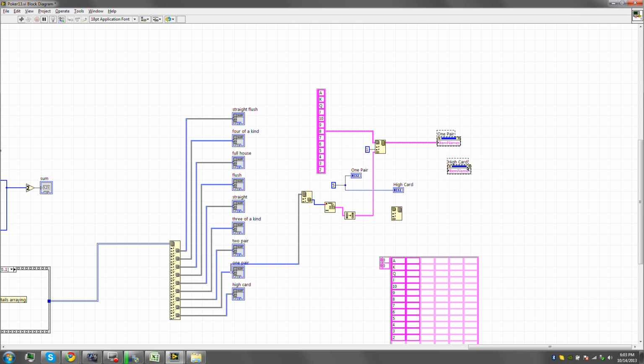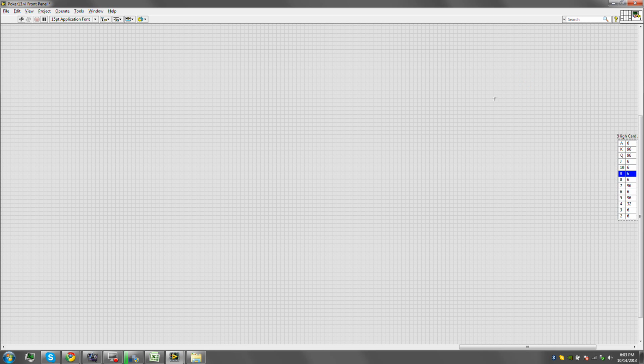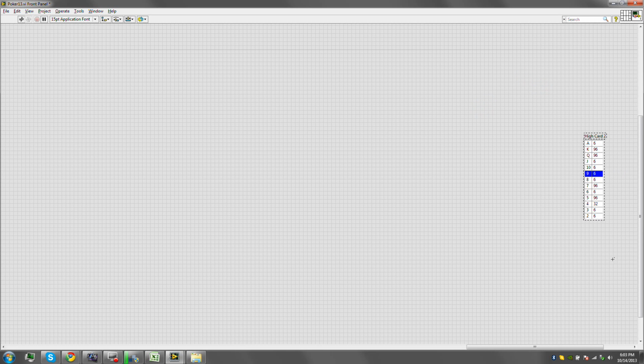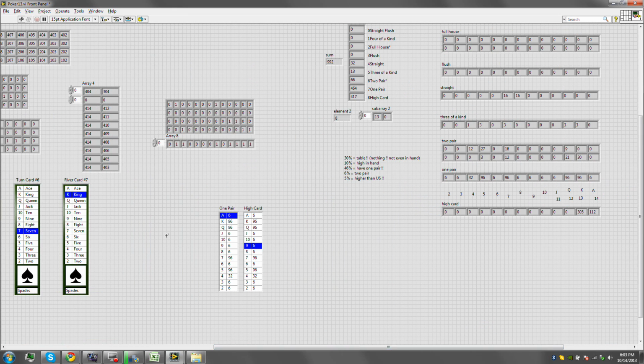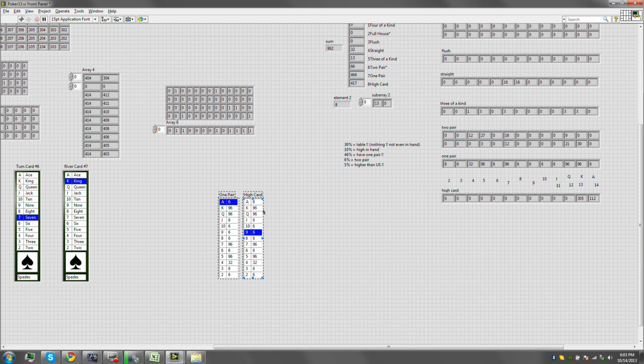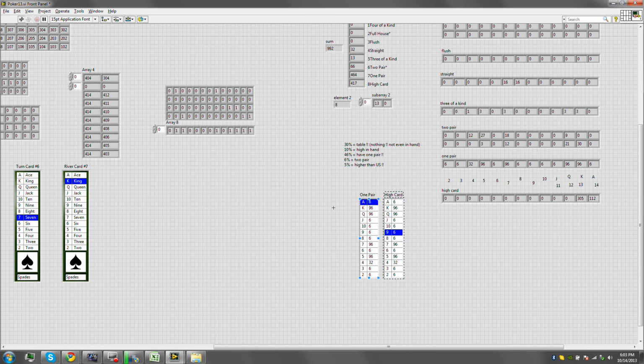So we have a high card, yes. If I am to take the high card combo and duplicate it, that works. That seems to work, except not the way I want it to work. Let's go back home here. So high card, one pair, copy paste, and there we go, you are my two pair, and you, my dear,